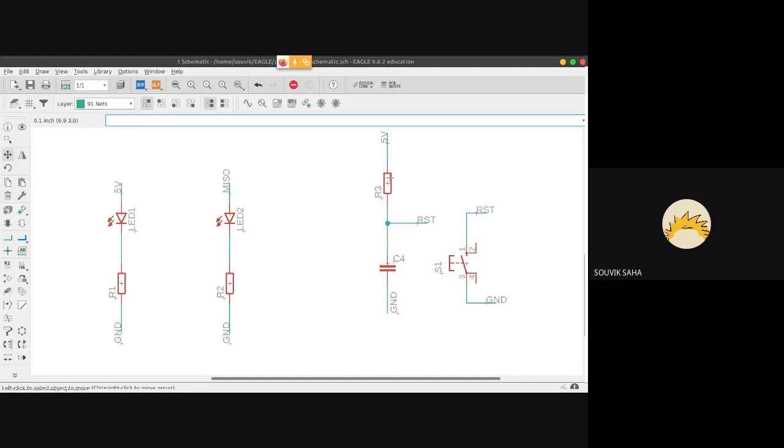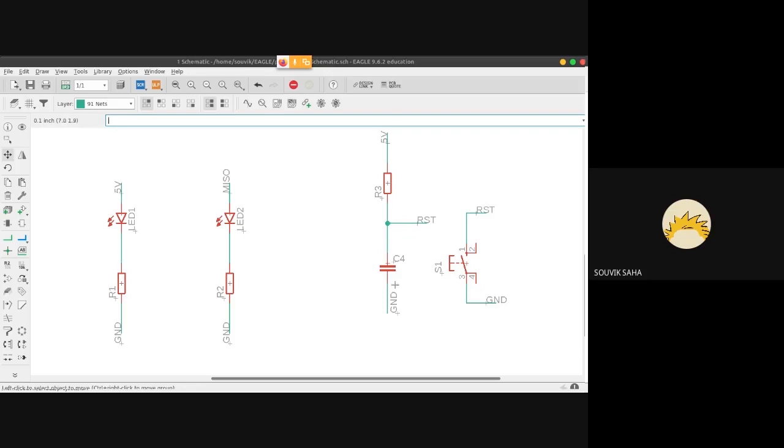There might be a case where there is a floating voltage if we don't have this. We don't want that to happen, so we use the capacitor to ensure that this is an open circuit and we only have this 5 volt. If you want any info about how this reset circuit works, I'll send you a link later.